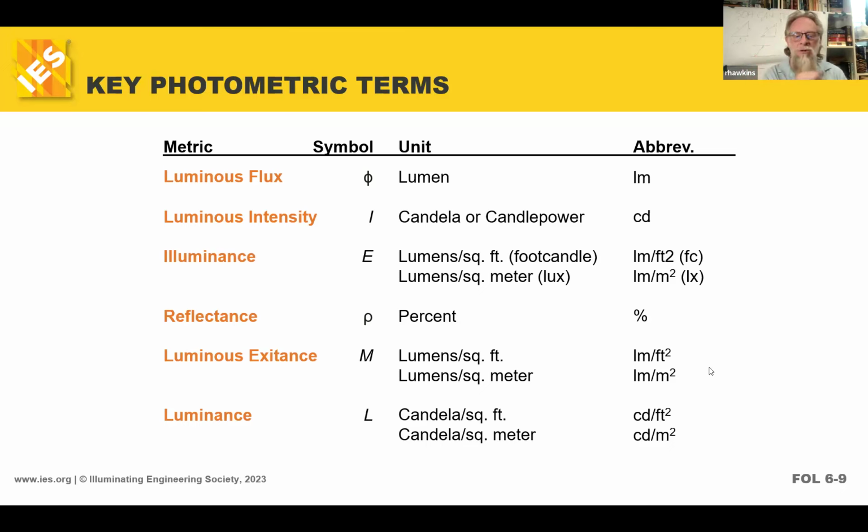So how close are those things then to reality when you have, I don't know, places with interesting textures on walls and things like that, as opposed to just paint? So things to keep in mind on reflectance, specular, and diffuse, right? And then excitance is how much is coming off per square whatever. Now, what they describe here in terms of luminous excitance with M is valid pretty much only for diffuse surfaces, right? When you get down to true luminance, which is the next one down, candela per foot squared or candela per meter squared,